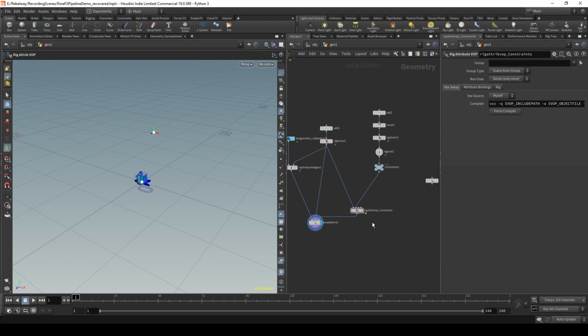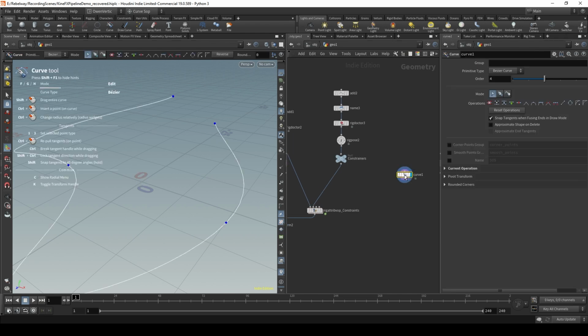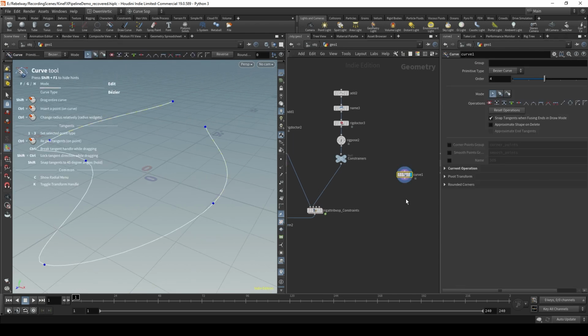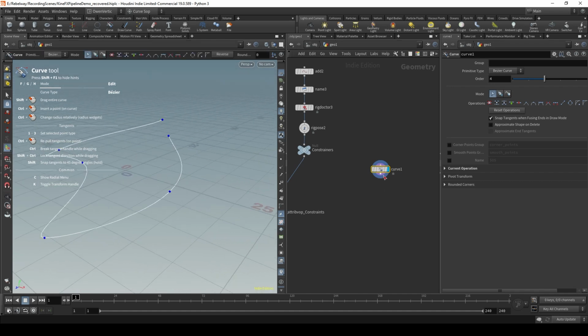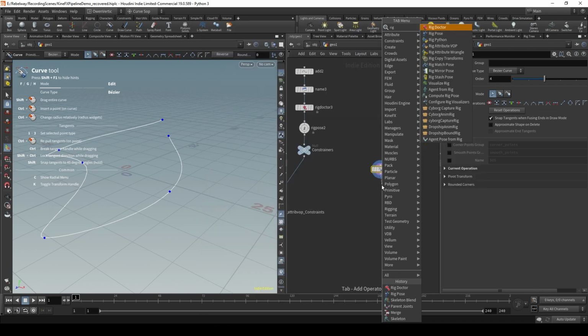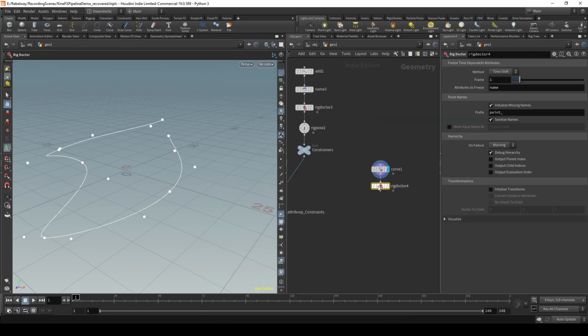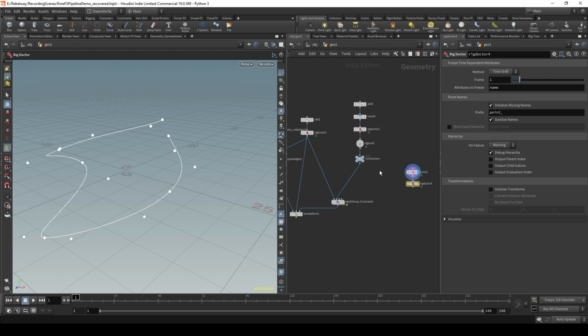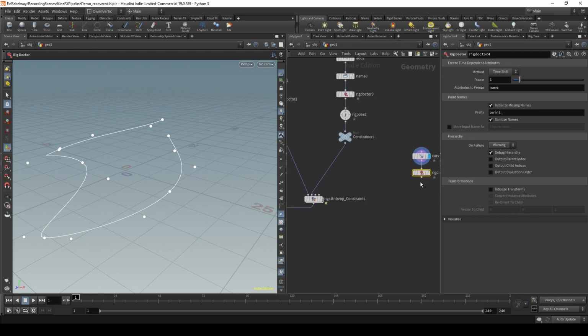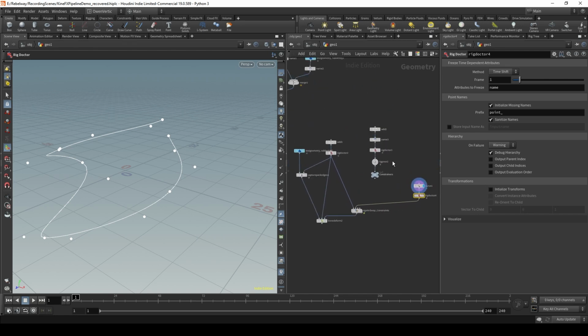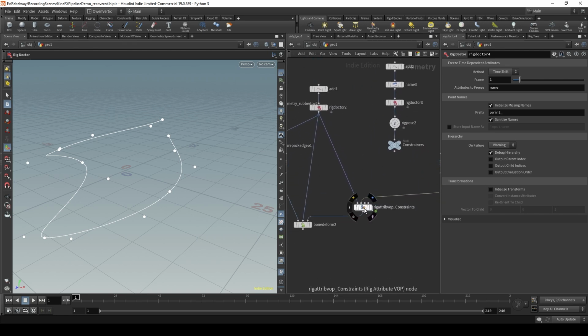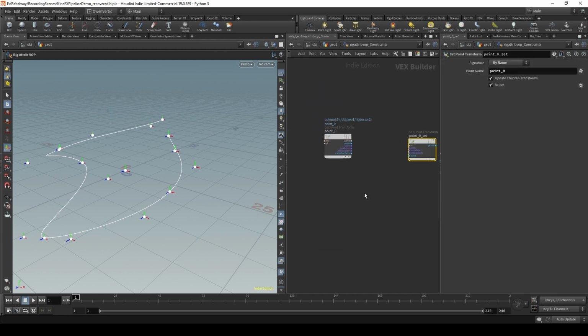So we're going to explore one more cool kind of constraint before moving on, which is a constraint that allows us to move joints along a path. So here I've created a curve just by placing things down in the scene, and I'm going to put it into a rig doctor node to initialize some names. And we're going to put that into our second input for our VOP instead of our constraint points. When we dive in,